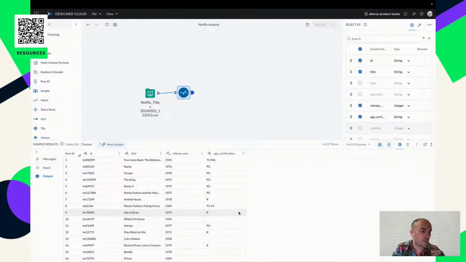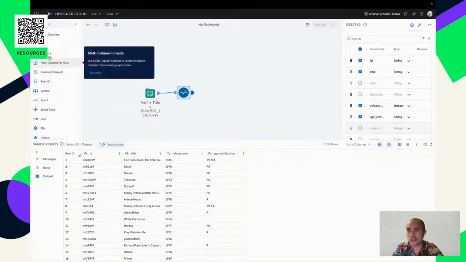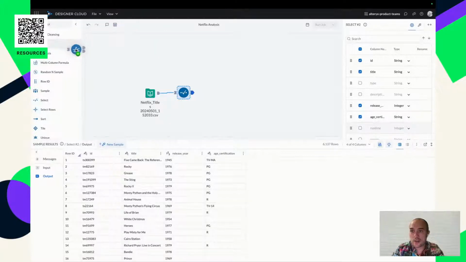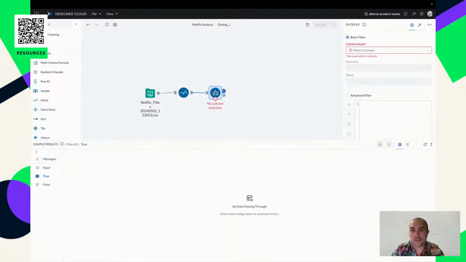So from here, I think we can just get straight into the filter. Yeah, let's do that. So we now have release year and age certification. Let's just get the filter in there. We're going to drag and drop from the tool palette onto the canvas. We're going to bring the filter tool in here, and we're going to select a column that we want to